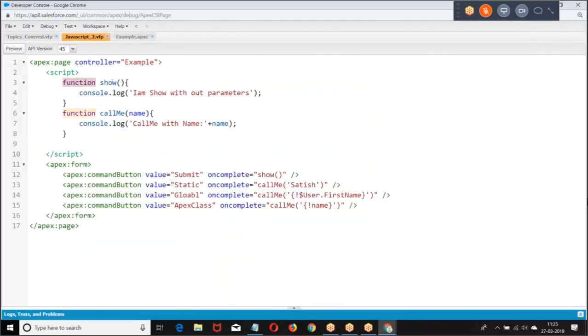So, function name, console. Function name with parameter. I hope you are good. Clear for everyone? Okay. Next,